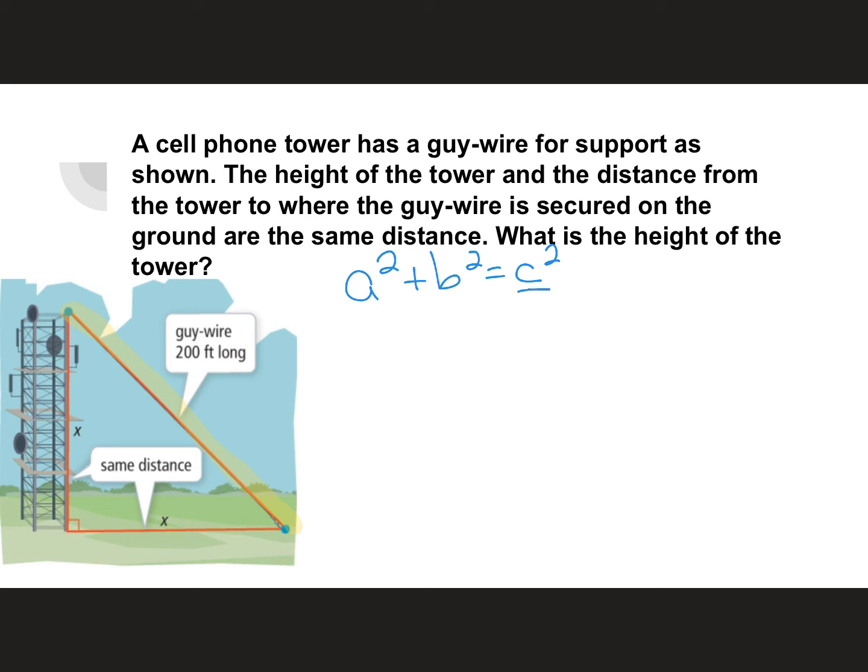C is always my hypotenuse, which is the side across from my right angle. So now I have x squared plus x squared equals 200 squared. Well, x squared plus x squared is simply 2x squared. 200 squared